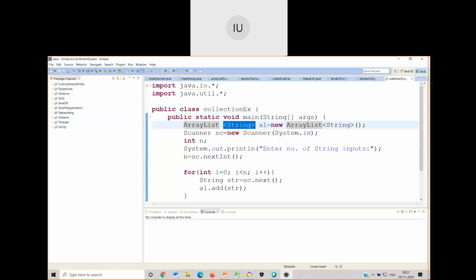Then I have declared a scanner class object, then n, the number of string objects that you want to store in the array list. Then read the total number of strings that you want to read, and for those many times, you read a new string every time, storing it into the array list.